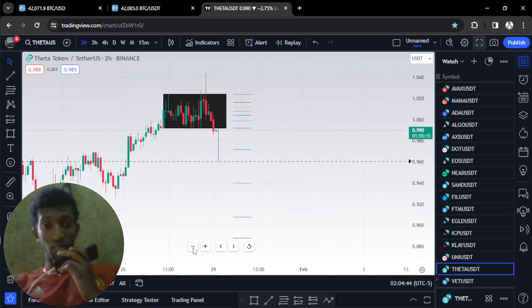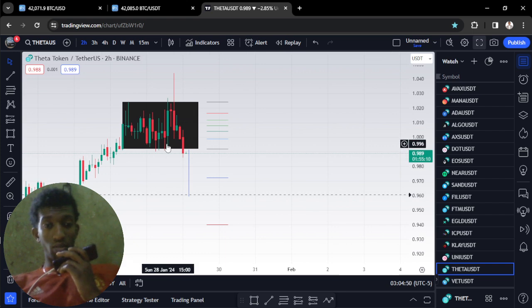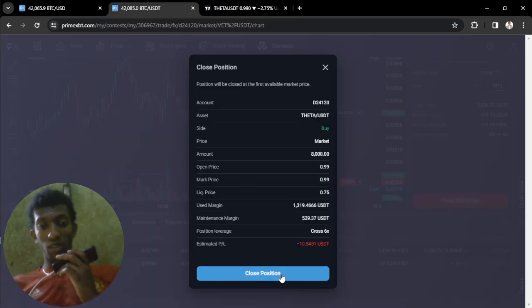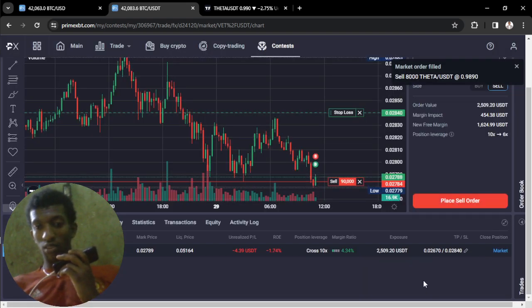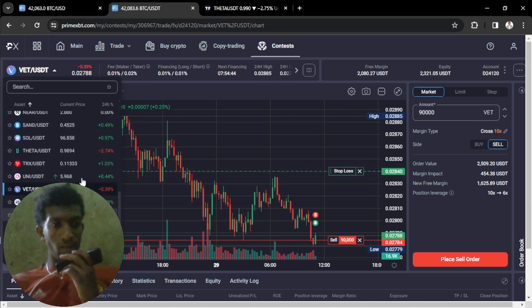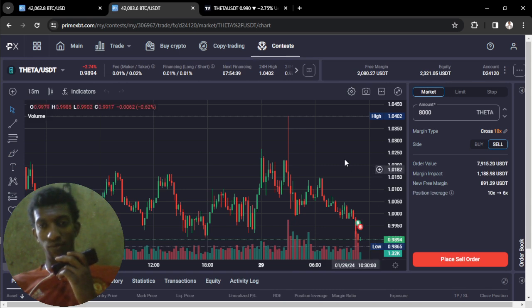As you can see, it's retracing. Of course, it is going to do that because it is always back and forth like this. It is making a wick. It has to make a wick and it will come down, right? Making a wick. Come on, close this thing. The hell is going on here? It's crazy. Where is that? Theta is the most promising. As you can see,